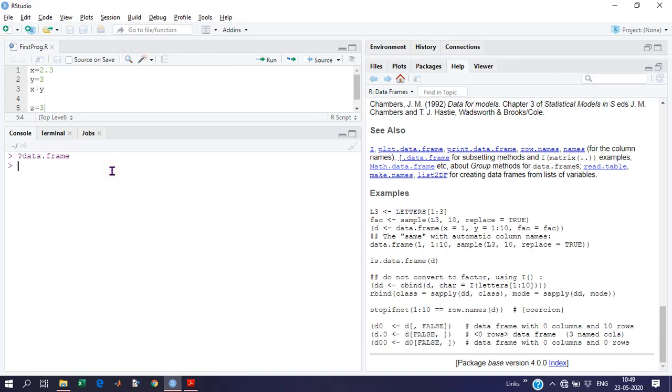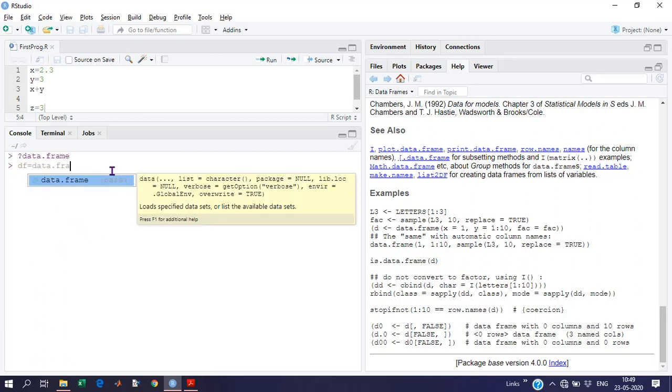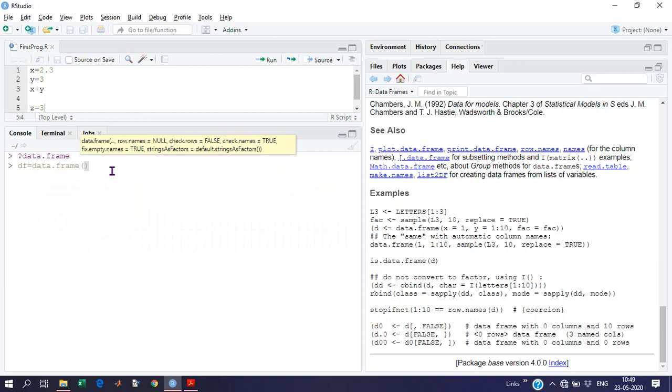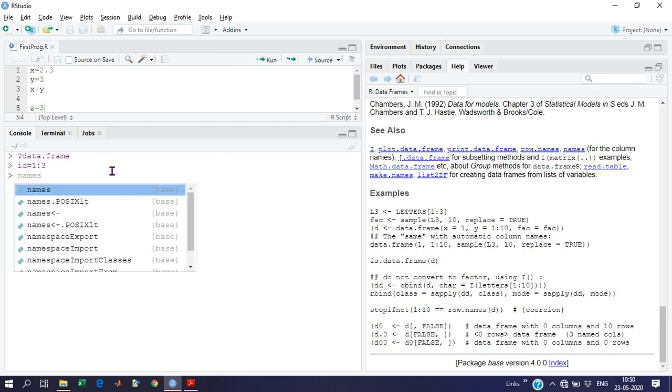We will go ahead. We just have to put the data in df. I will use a df variable and data.frame bracket. Actually that is not necessary now. We will go ahead. id is equal to 1, 2, 3. There are 3 IDs. Put the names variable in the column.